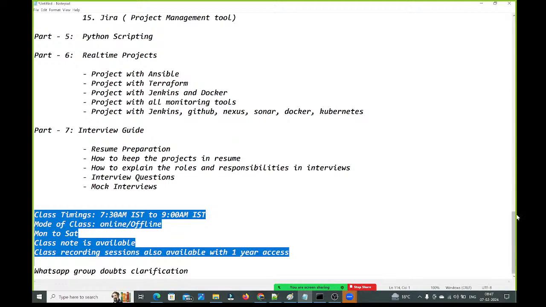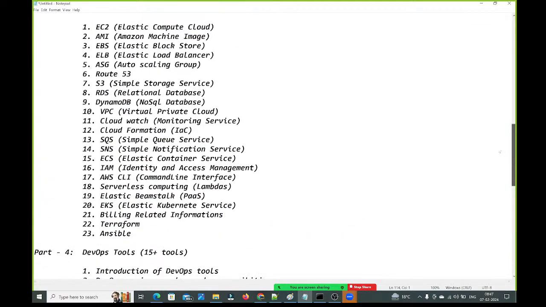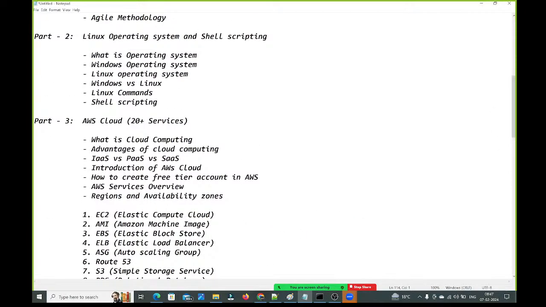Anyone have any questions? I think Ben asked something related to deployment with shell scripting. As I told, by using shell scripting, we can do the deployments also. I am going to show how to deploy the applications by using shell scripting. We need to write the shell script code to deploy the applications. That also we are going to understand.